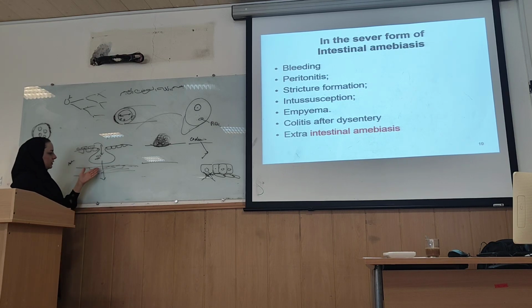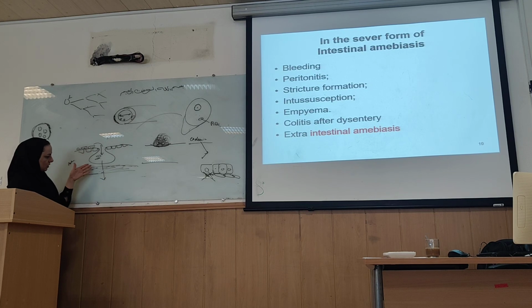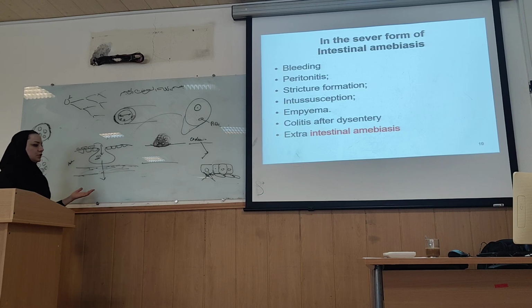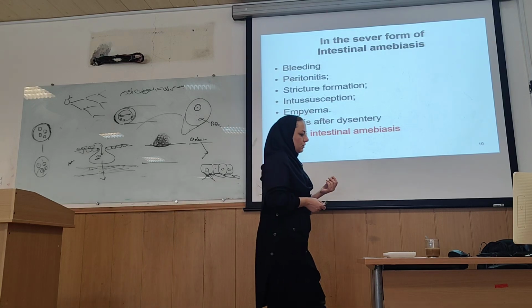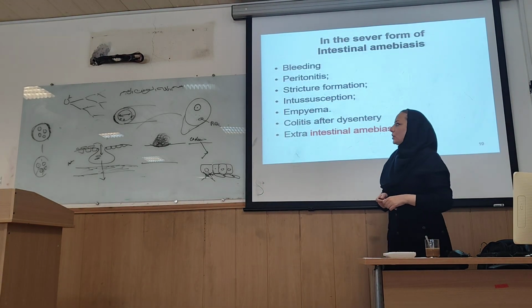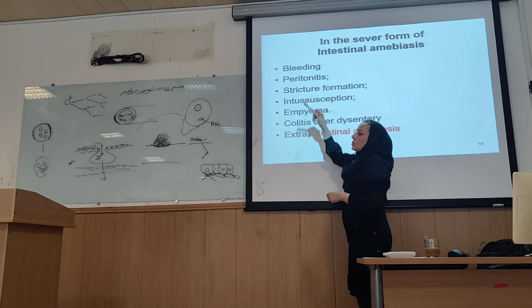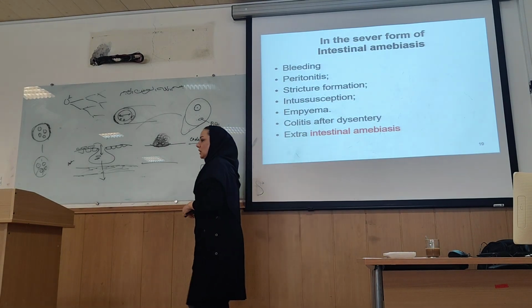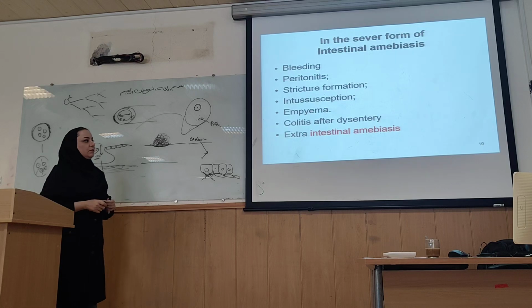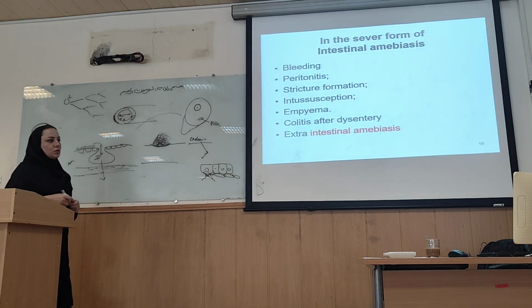So sometimes histolytica can digest the muscle around the intestinal tract and go to the peritoneum, producing acute inflammation, which is very dangerous. The most important thing in histolytica that can be lethal is peritonitis. So we should diagnose the patient as soon as possible, because when we diagnose late or sometimes misdiagnose, for